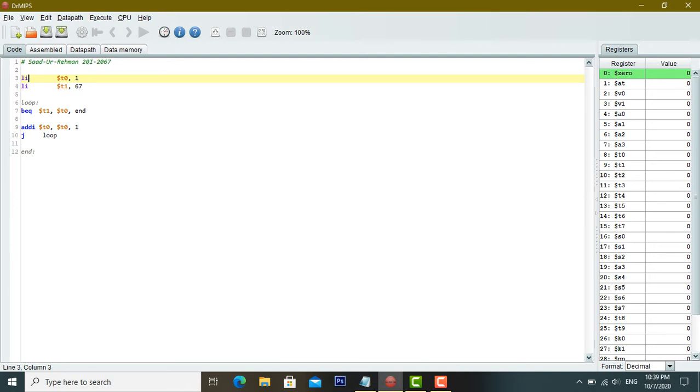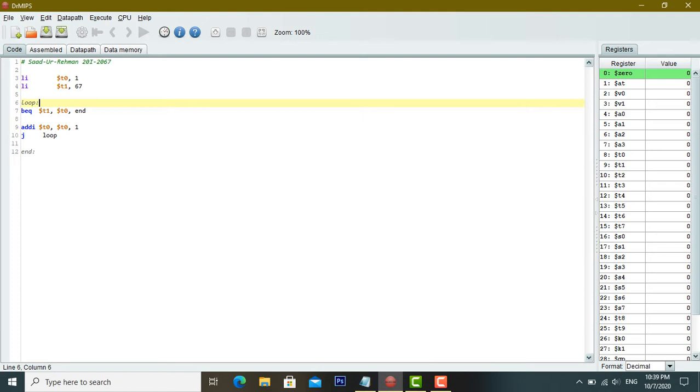this task. So हमारे पास ये सबसे पहले लोड इमीडिएट की इंस्ट्रक्शन है, जिसके अंदर हम टेम्परेरी रजिस्टर T0 के अंदर 1 वैल्यू लोड करेंगे, जो कि हमारा स्टार्टिंग वैल्यू है 1 से हमने 67 तक जाना है, जो कि असाइनमेंट के अंदर हमारे गिवन है 67 लास्ट 2 डिजिट्स ऑफ माय रोल नंबर. So we will load the immediate value, that is 67, in register T1, temporary register 1.